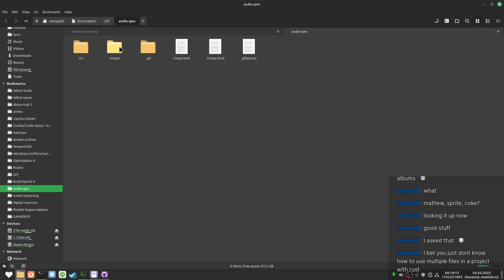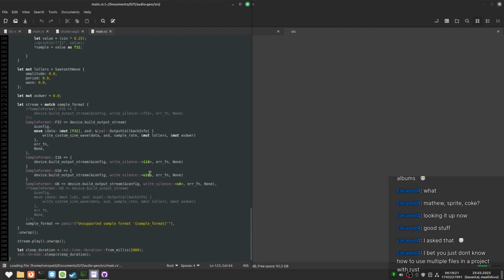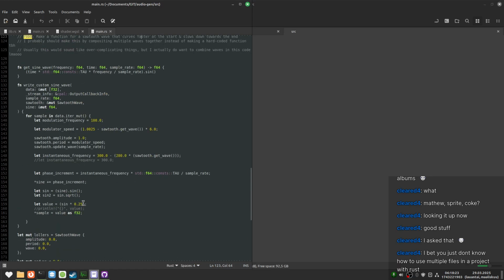Anyway, I was doing some audio generation stuff, and I'm still doing it. I had this problem where if I modified the volume of my generated wave, it would sound bad. If I just had it at full volume, without multiplying by anything, and then adjusted my system volume, it sounded fine.